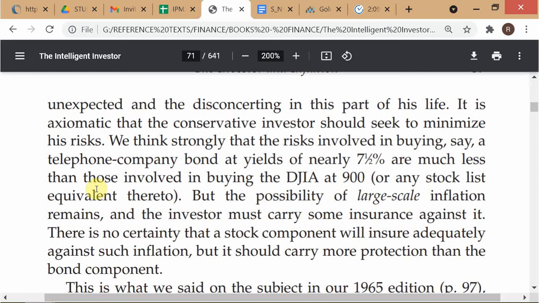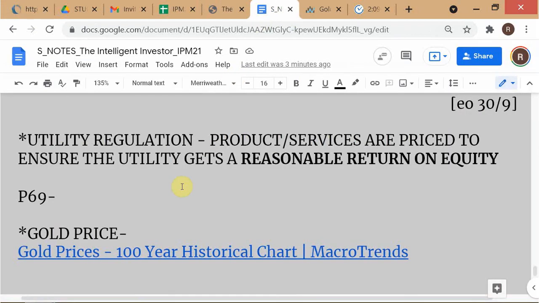Because this telephone company is basically representative of a utility. Okay, the telephone companies are utilities. So this is a utility. So he's basically going back to this system, to this general principle in the world of